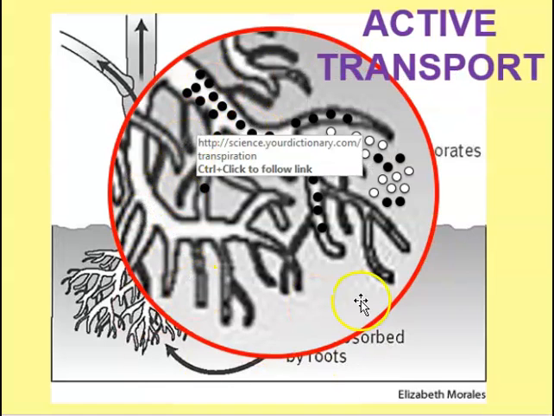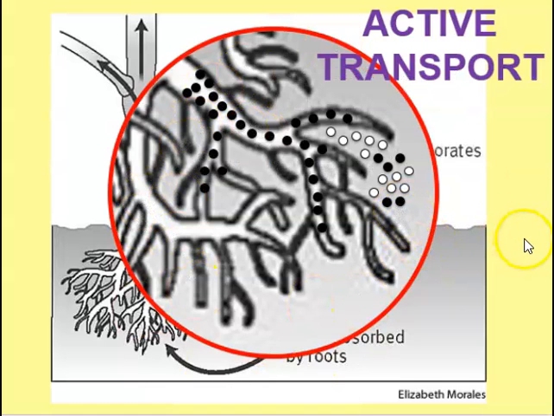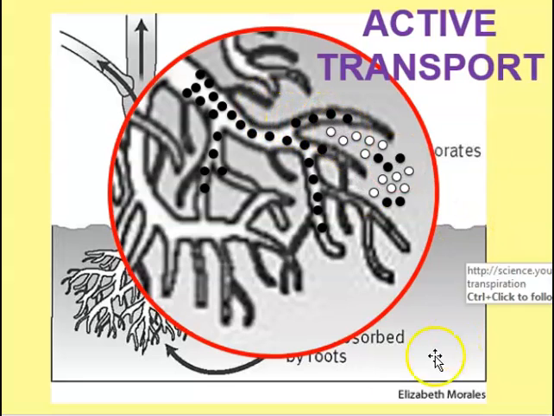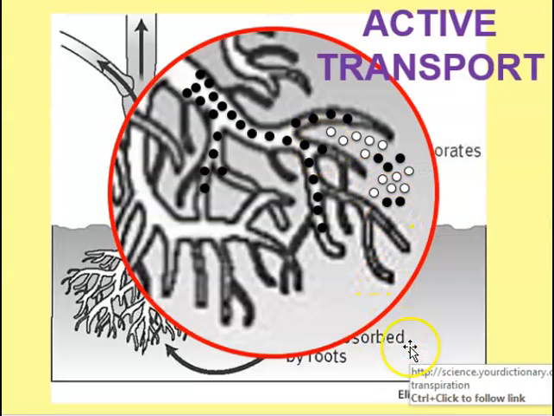So this represents a root. If you look at the black dots, they represent the minerals. Now, if you look, there's less minerals outside than there is inside, which is a problem, because if diffusion happened, all of the minerals would be moving out, which would kill the plant. So there has to be another process that allows the minerals to move in, and this is what we call